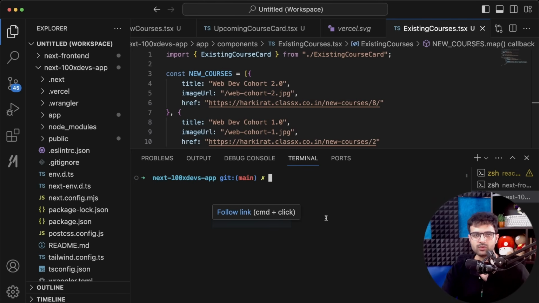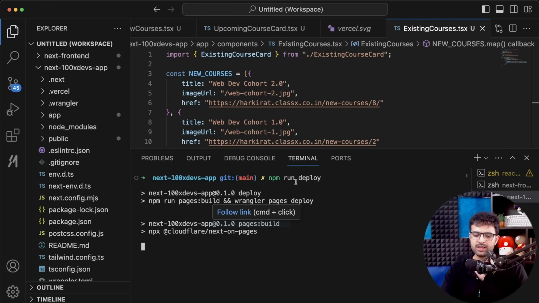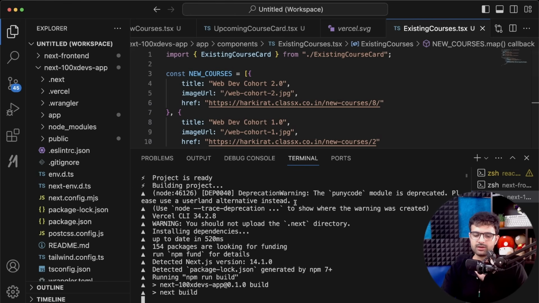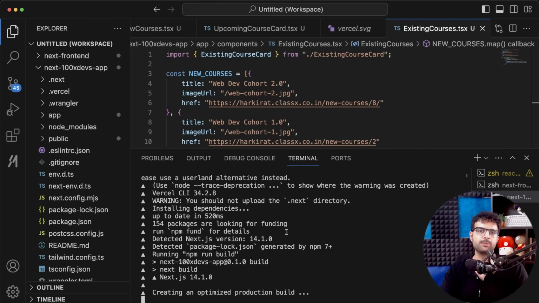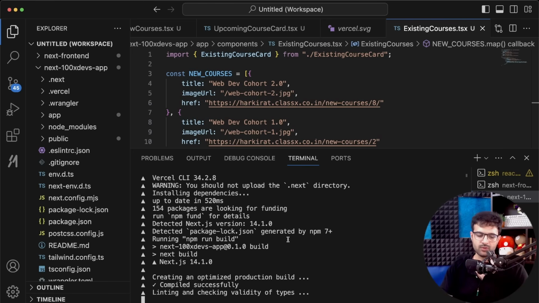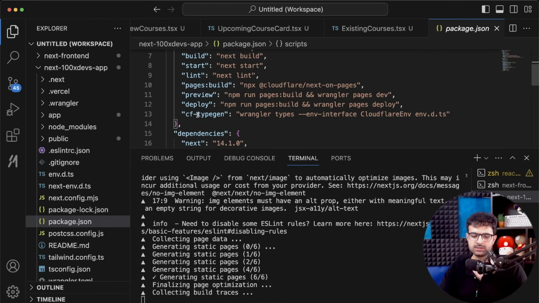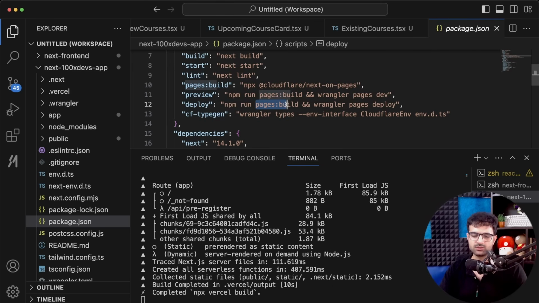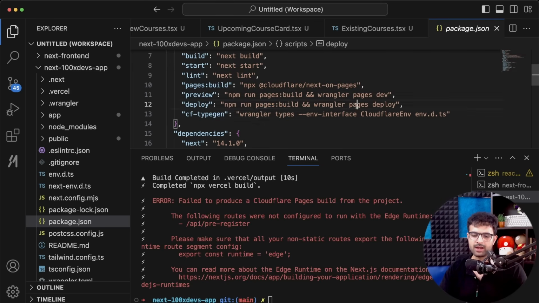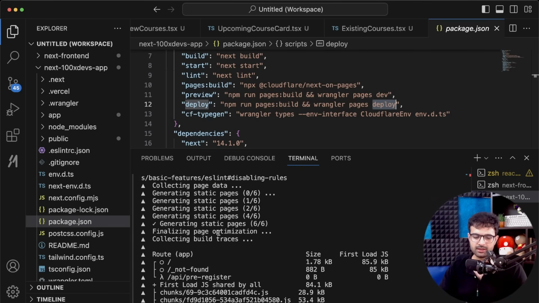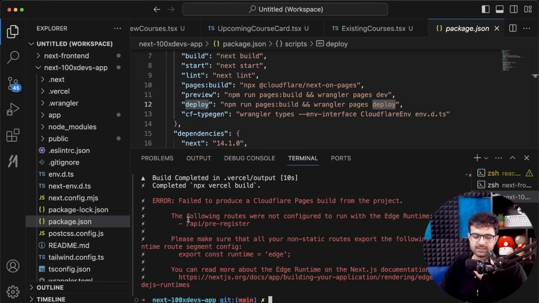Since we've used the Cloudflare bootstrap, I can run npm run deploy. This deploy script over here would run the code to deploy my application to my page. What does deploy do? If I go to package.json, deploy runs npm run pages:build and wrangler pages deploy. This deploys my application over to Cloudflare. But what error do we get? We get an error that says that on